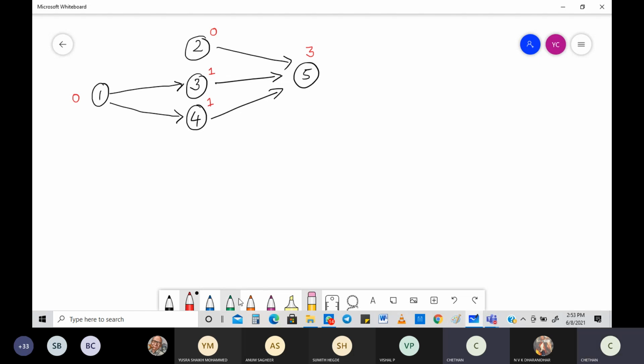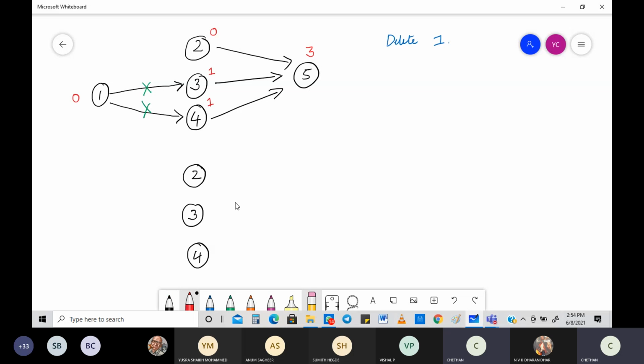Okay, the next step. Which one are you going to delete? Obviously you are going to delete the one which has in-degree equal to 0. So I'm going to take 1. Between 1 and 2, I'm going to take 1 because before itself it had in-degree equal to 0. So I'm going to delete that one. Delete 1. So what is the next thing that you're going to get? When you delete 1, the edges also need to be deleted in the next step. So you are going to get 2, 3, and 4.